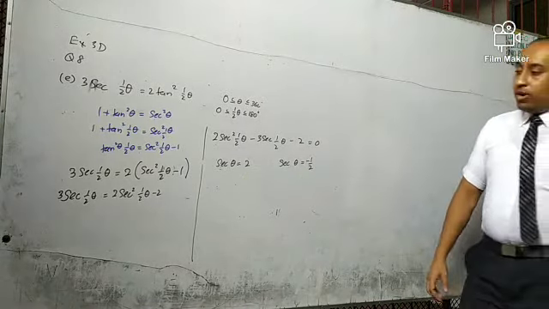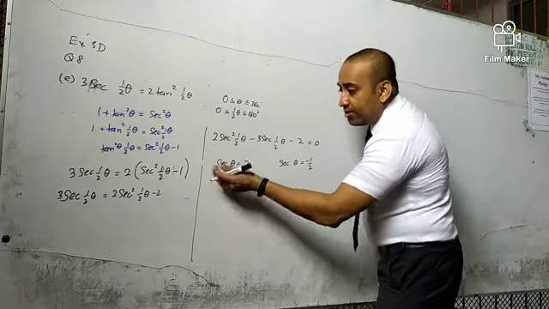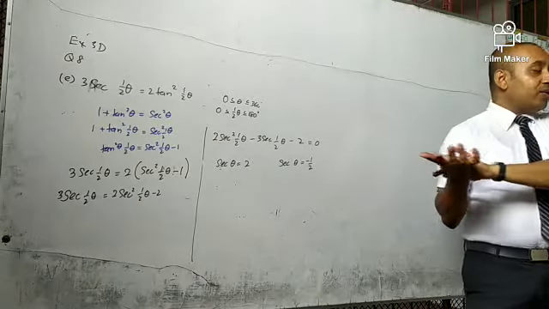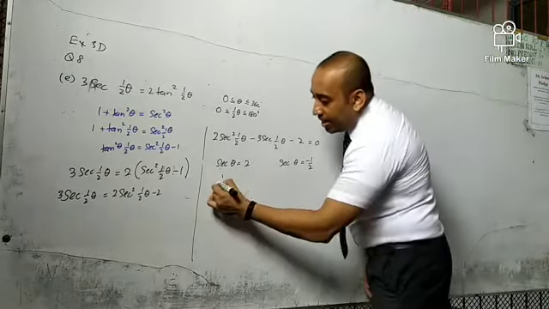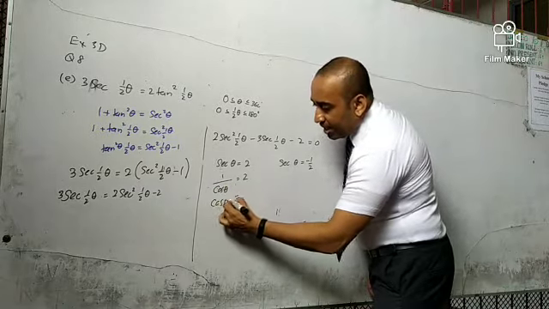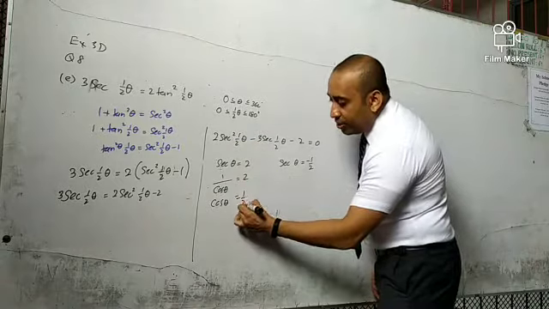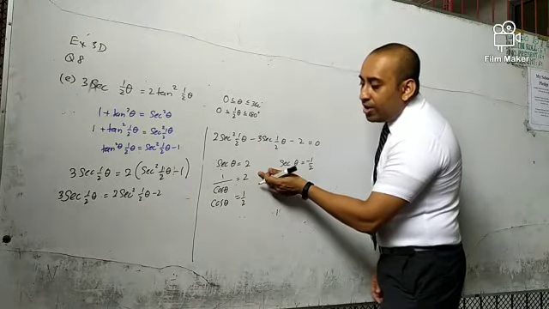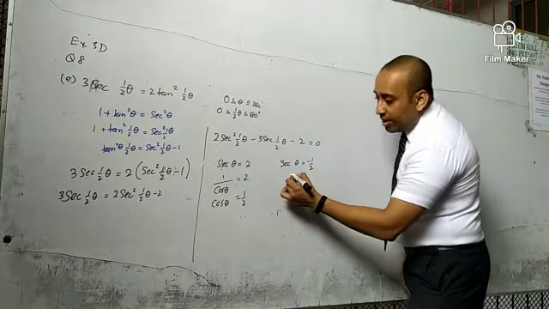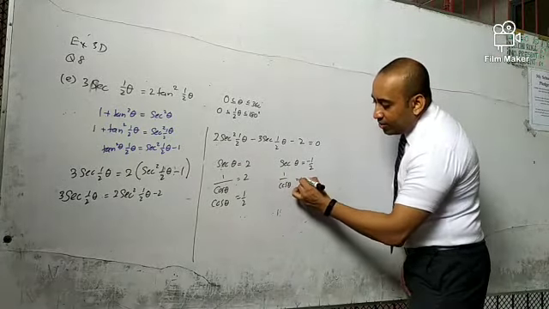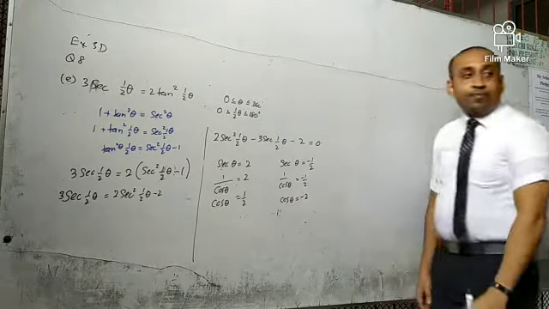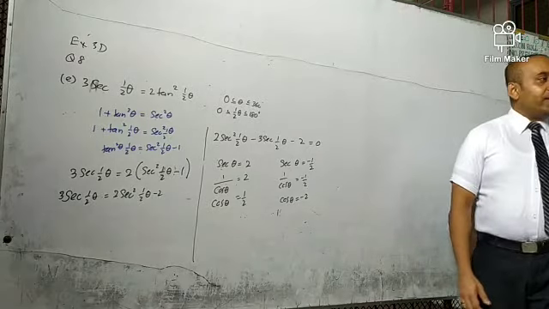We cannot obtain sec inverse as a function. To rectify this situation, you can write it as 1 over cos theta equals to half. Therefore, if you take the reciprocal, cos theta is 1 over 2, that is 2 cos theta equals to 1. With that, cos theta equals to 1 over 2. Over here, 1 over cos theta equals to minus half, so you can say cos theta equals to minus 2.